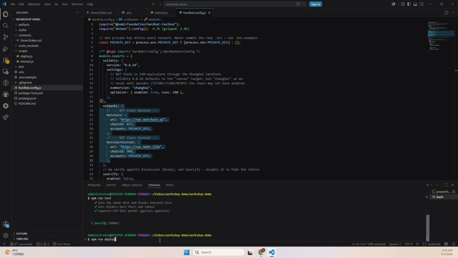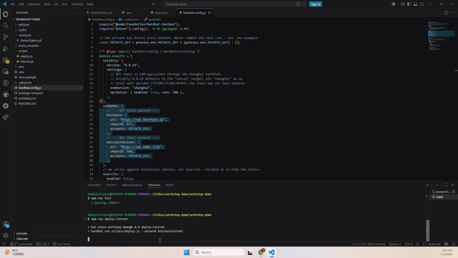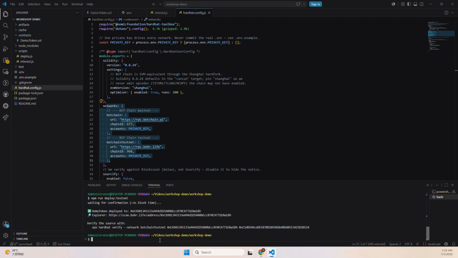Now I'm going to deploy, and it's compiling now, and then sending the deployment transaction to BOT Chain. Because the blocks are around 3 seconds, this confirms almost immediately, and there it is. It printed the contract address and a direct Explorer link here. So that's a live